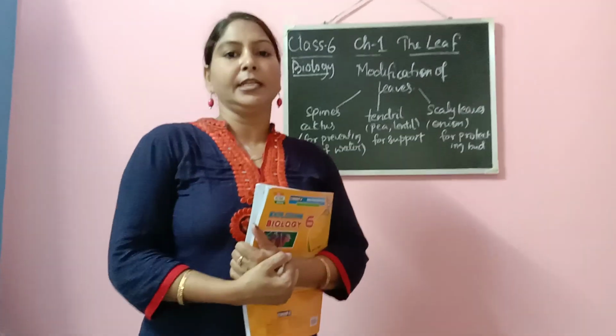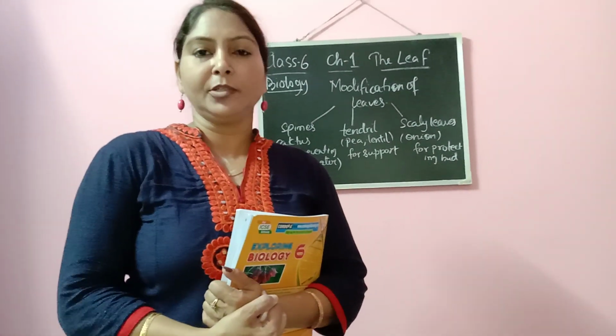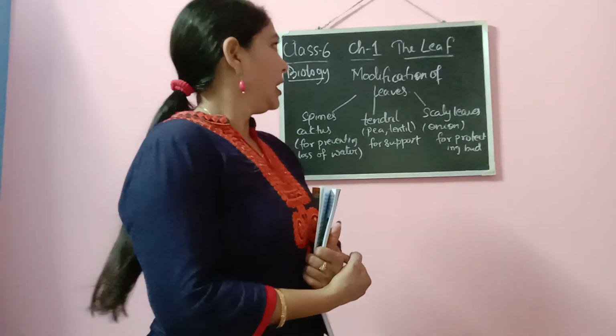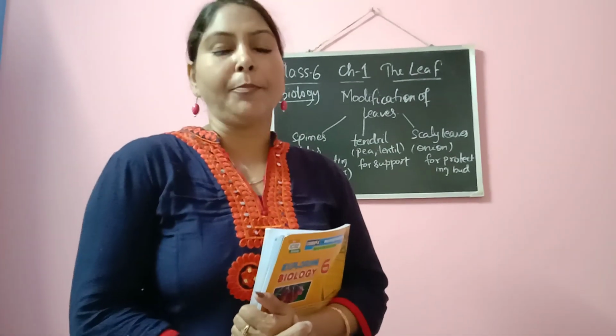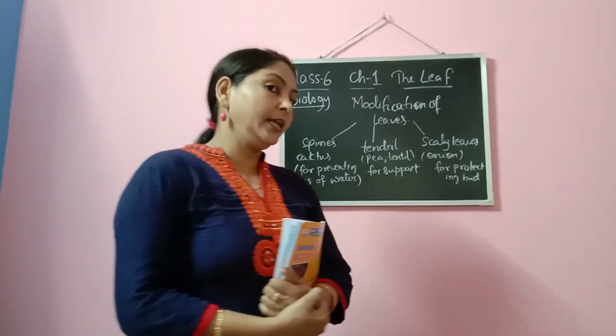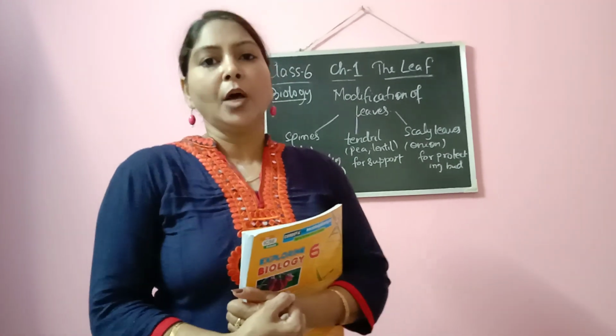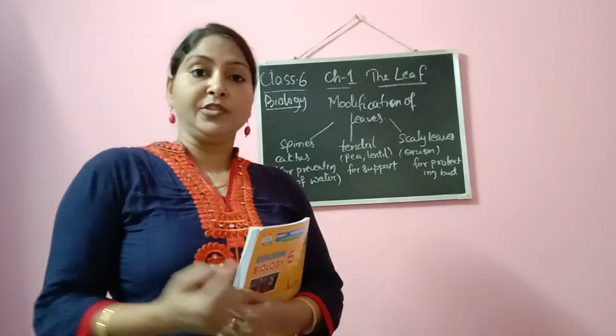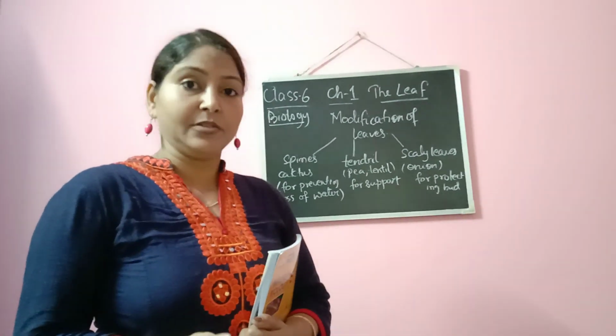Now you see, in the last topic we have completed transpiration, and I'm here with the next topic of this chapter, that is modification of leaves. Now what do you mean by the term modification? Modification means to modify something. That means to change something. Change, it can be change in the structure, it can be change in any other form. Now here we are talking about the change in leaves, okay, because the chapter is all about leaves, right?